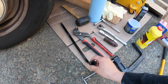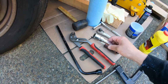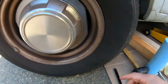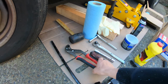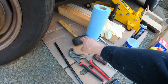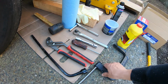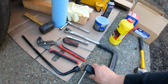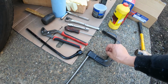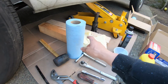A breaker bar for your van to take the wheel off, which is, I believe, 19. I have it here. A flathead screwdriver, or use this one to pop this, and then either channel locks or a crescent wrench, some kind of hammer to tap, a vice, whatever this thing is, to compress the brakes, then some gloves, maybe paper towel,